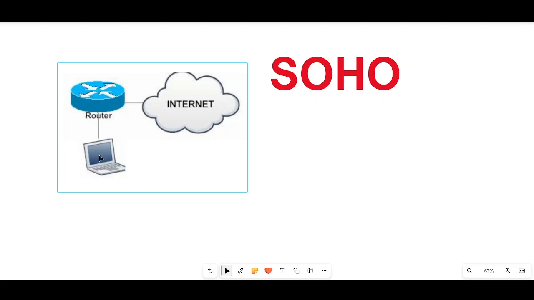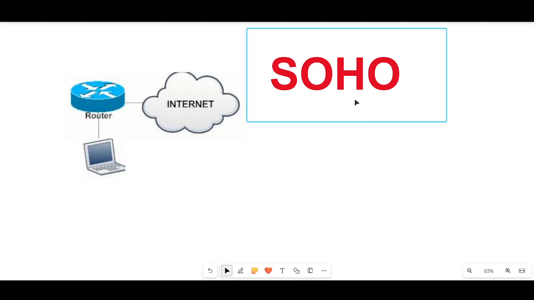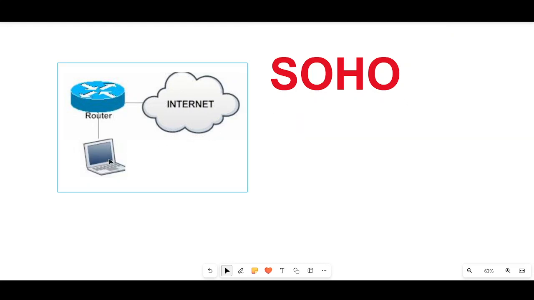but because you are a worker, an employee of a big company, if you want to access, then you need powerful services. Then you need to purchase a broadband connection. That is the point. So simply Soho is a small structure. If you have one laptop, you connect with a router and then you are able to access your internet. Clear?